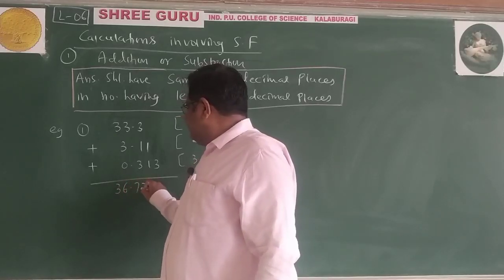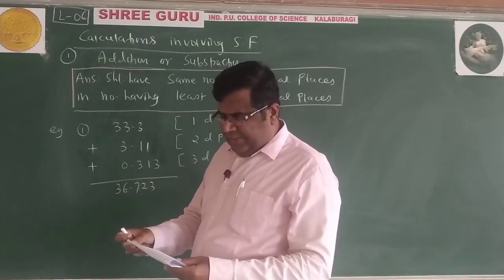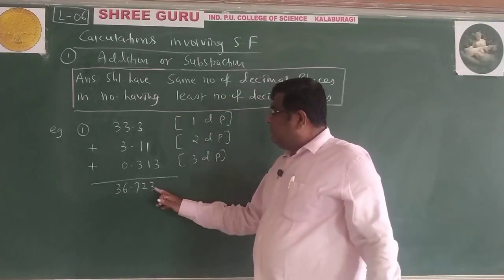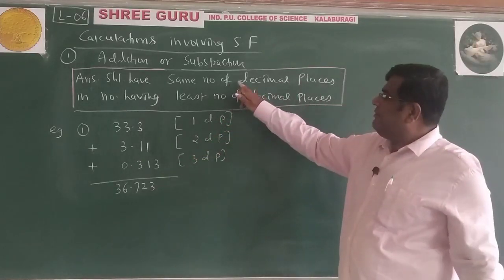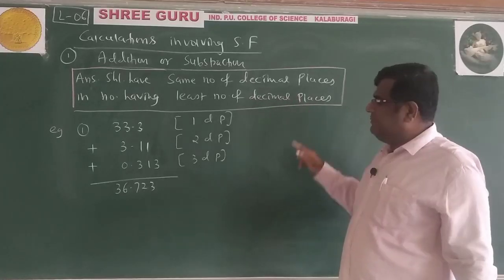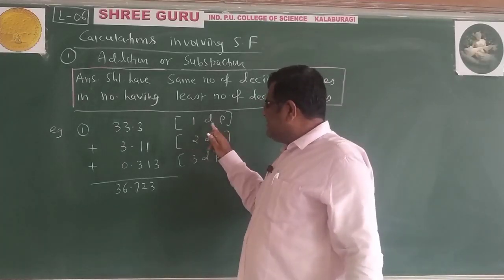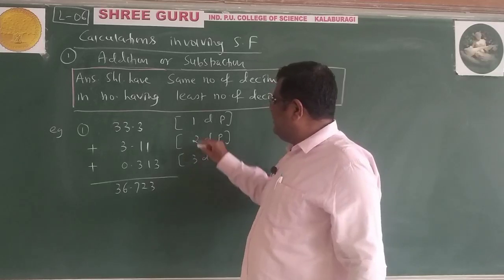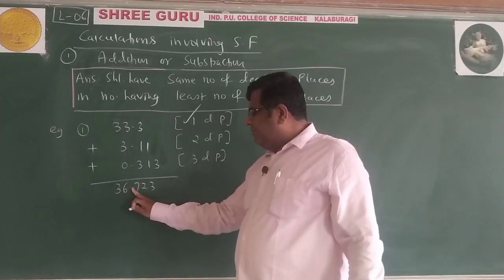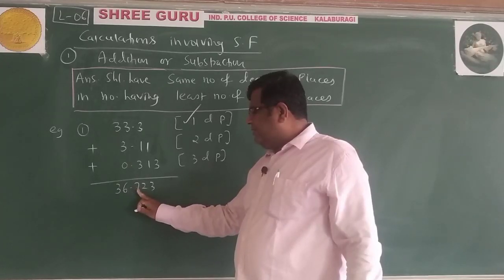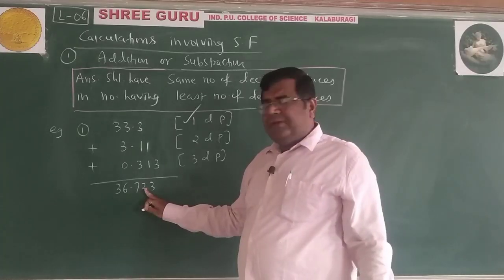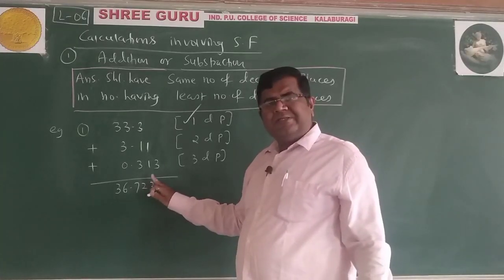As these are very simple additions, I have written the answer already. You can verify it with a simple calculator. Now the rule says that the answer should have the same number of decimal places as the number having the least number of decimal places. The least number of decimal places among 1, 2 and 3 is 1 decimal place. So the answer should have only 1 decimal place, meaning only .7 is to be written. It means 2 is to be dropped. 2 is less than 5,